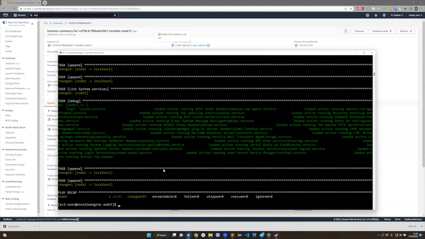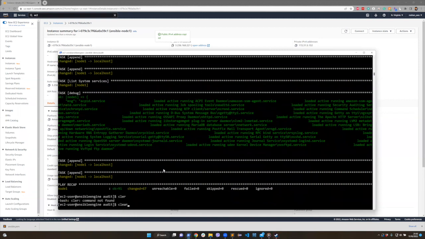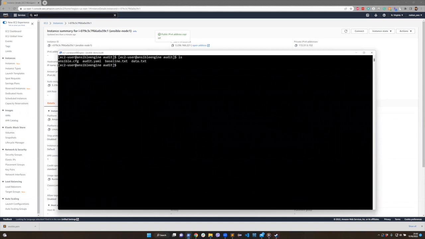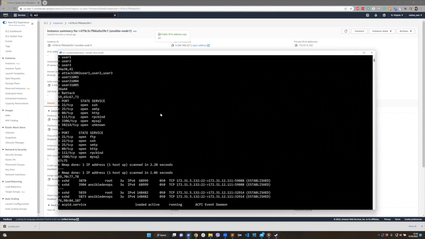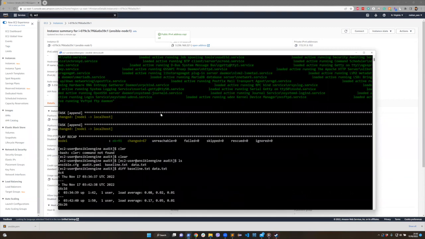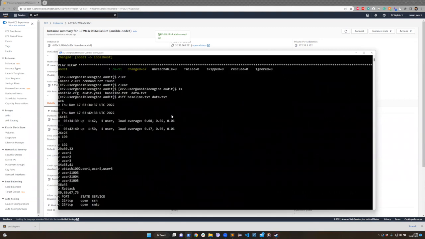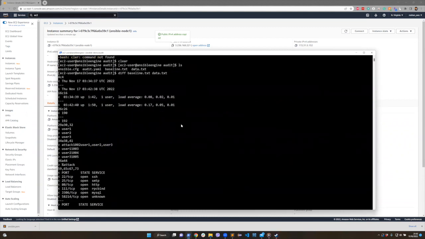Okay, so there have been some audits generated. If I see here, the initial one was baseline.txt, the new one is called data.txt. Let's try to compare these two files, baseline.txt and data.txt. Okay, so there's a lot of things that have changed. The load average, there is the number of